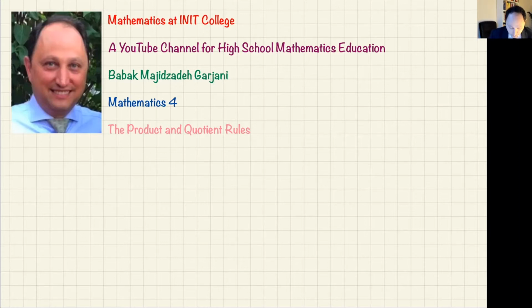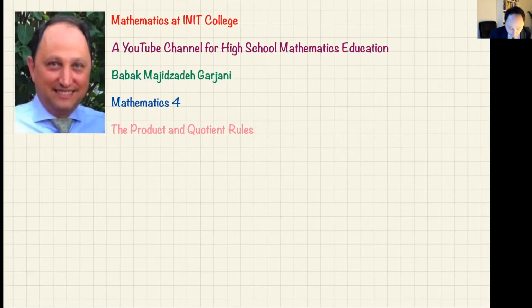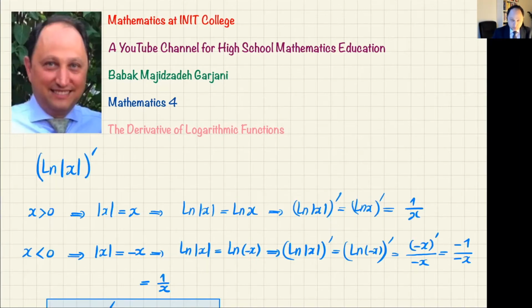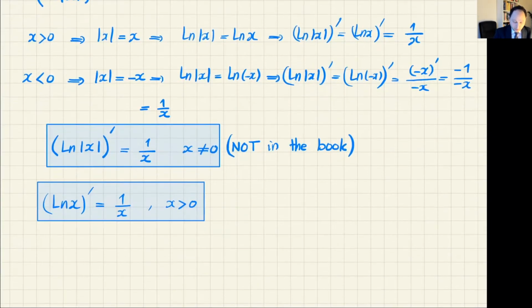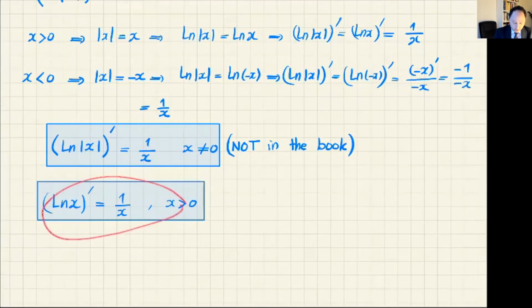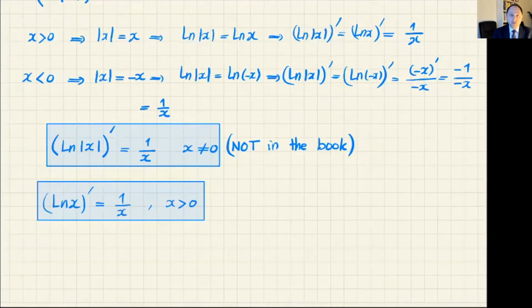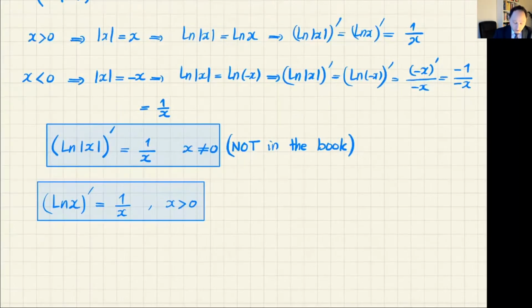Okay, so now, if you remember, we talked about the derivative of logarithmic functions last time, and we got this formula. So I told you that this formula is in the version which is in the book, which is of course valid for all positive values for x, because ln x is only defined when x is positive. And I told you that this formula is not in the book, but you can immediately